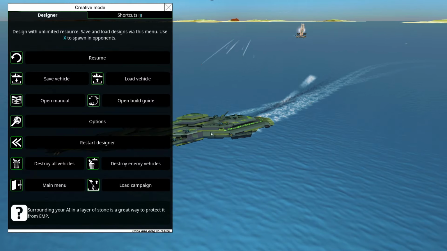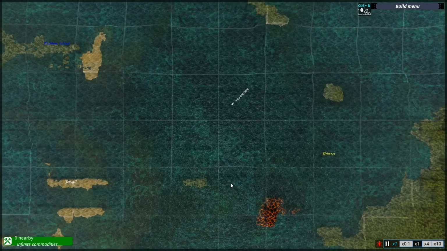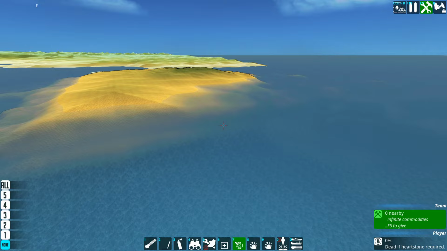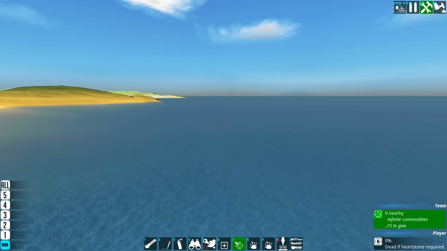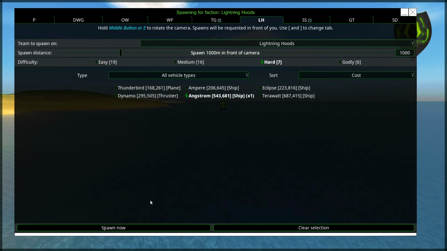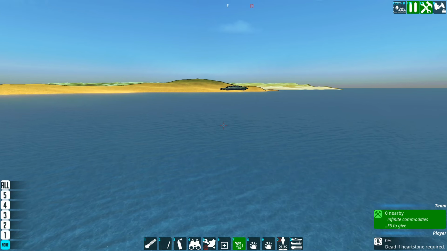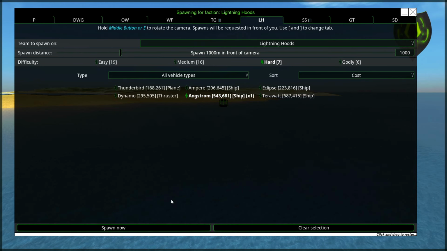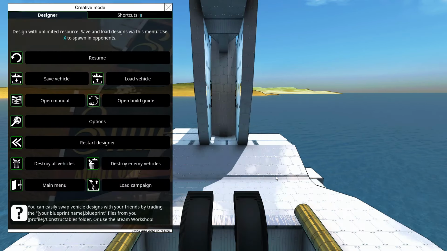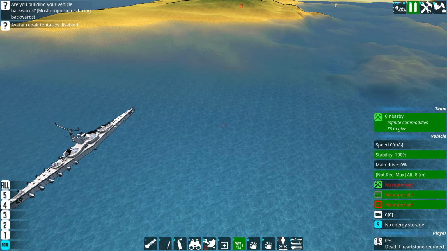Also, a really fun thing with Lightning Hood's craft is, where shall I go? I will go here. Whee! So a particularly fun counter to Lightning Hood's craft is the ground. So we're going to spawn in the Angstrom over there, like so. Right, this is a little bit artificial. But it's worth mentioning that these guys drive like crazy, and From the Depths terrain avoidance is generally very, very bad. It only checks for terrain blocks directly underneath the ship, which means that if you're cunning...